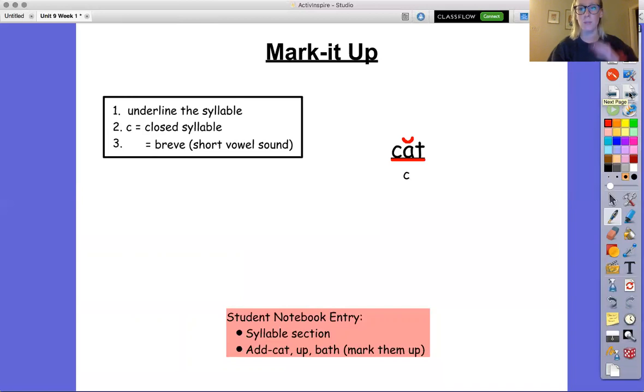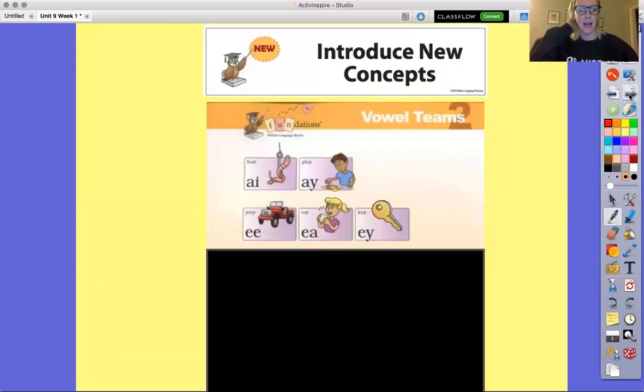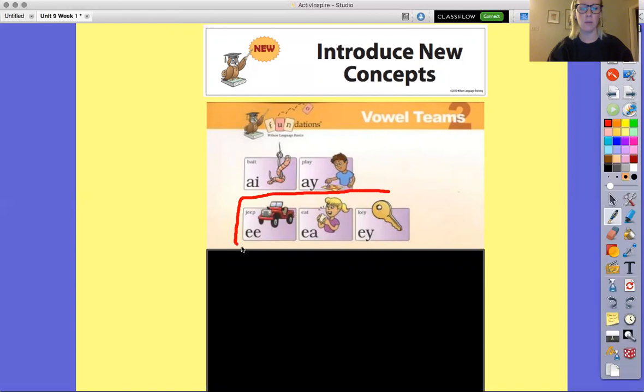But first graders, here is the new thing I want to teach you today. The thing I want to teach you today is on this vowel teams poster. Last week I showed you AI and AY. Today, I want to teach you these 3 right here. So let me circle them so you can see them. So these 3 sounds, or these 3 vowel teams,